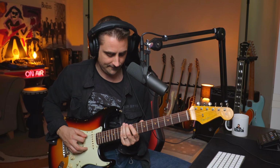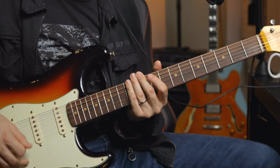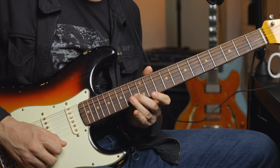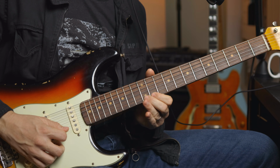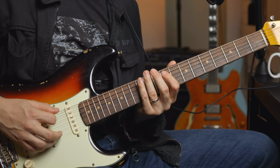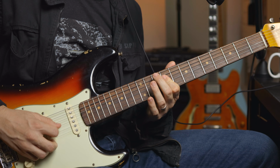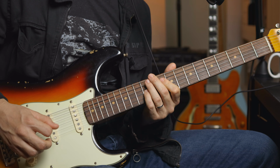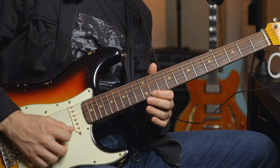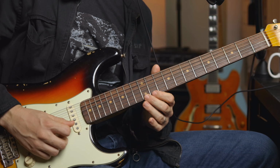So right off the bat, how cool does that sound, right? So let me just break down basically what's happening, okay? So she starts off with this, sorry, my tuner's on there. With this really cool run. And what it is basically is the E minor scale, but then at the end she puts in the major 7, and then that brings us into this